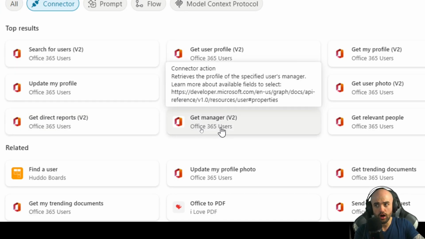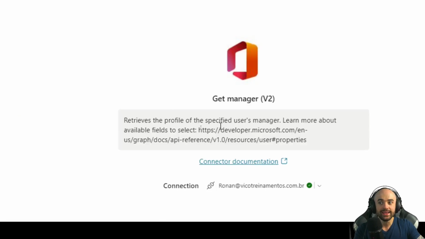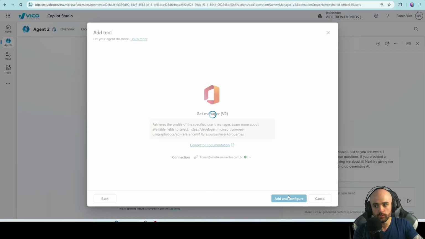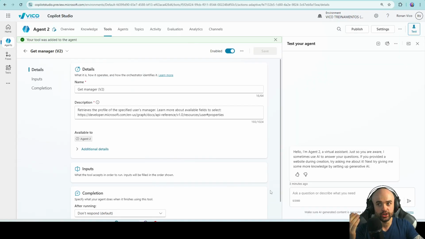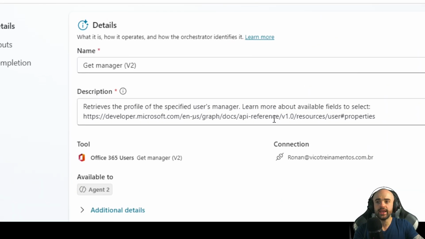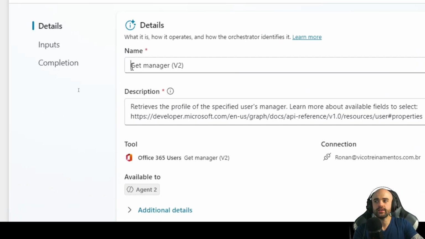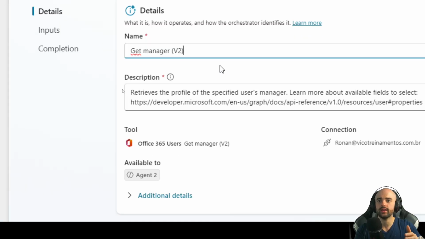So all of these actions from APIs, I need to connect the two. I need to give the context, explain what the API does. So I need to explain that these two right here, the get manager, receive an email or an UPN and